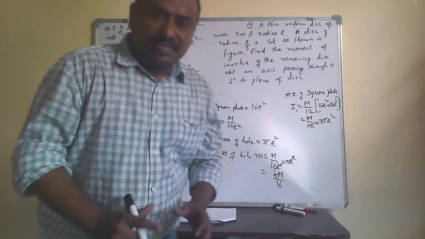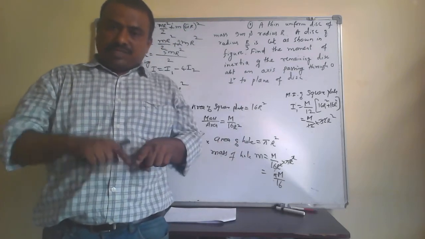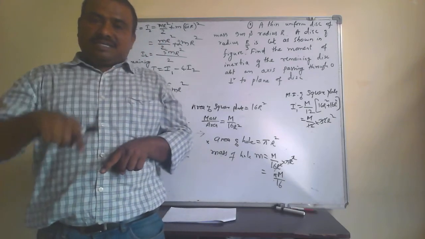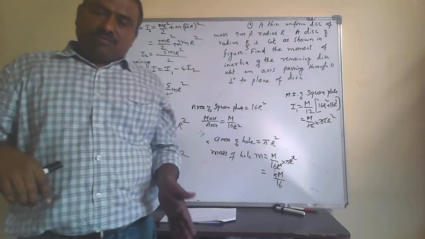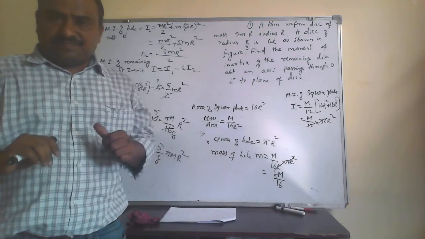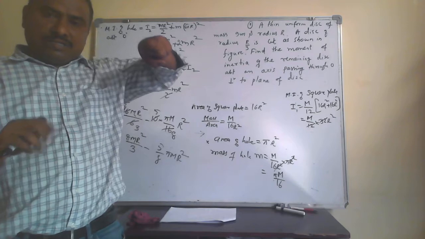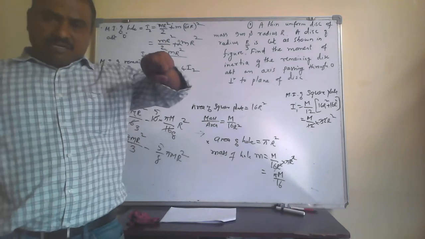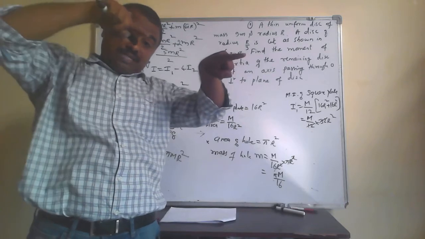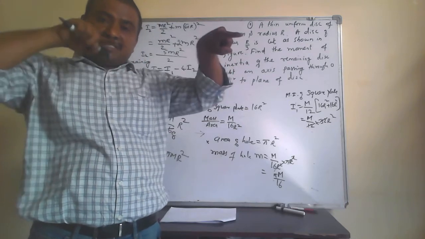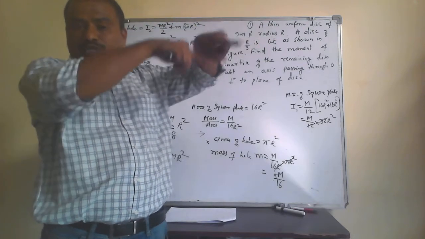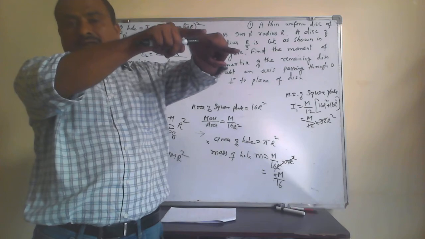How have I calculated? I have taken a square. First I calculated the moment of inertia along the z-axis of the square plate, that is Iz equal to m by 12 into a square plus b square, where a is 4r. 4r square plus 4r square. Then for the circular hole that is removed in the form of a disc, the moment of inertia about the center of the disc is m r square by 2. But I have to calculate it about the center of the square. The distance between the center of the disc and the center of the square is root 2r. I have applied the parallel axis theorem there: m r square by 2 plus m root 2r whole square.